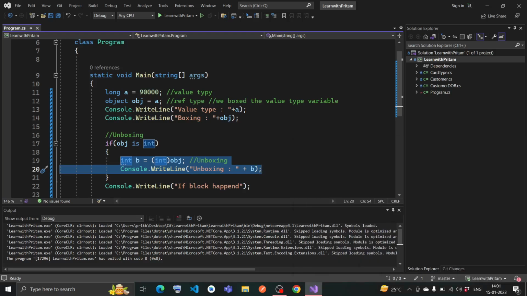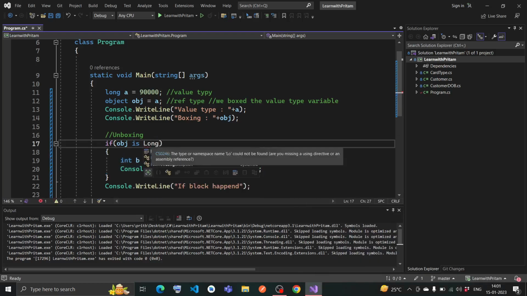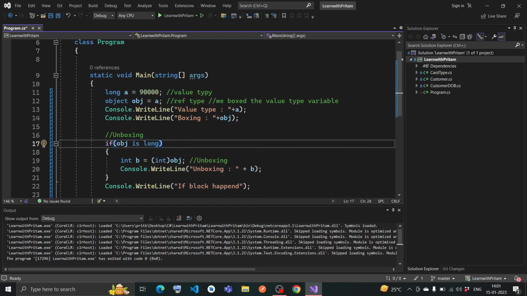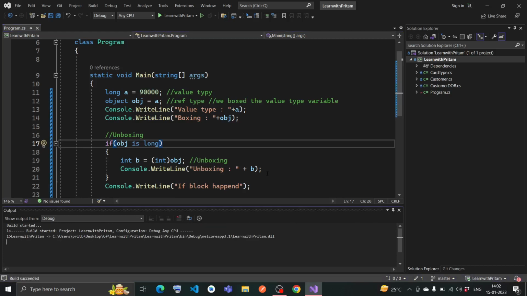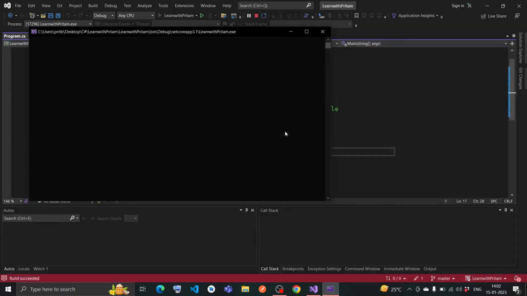So let me put a long here and let's see. Sorry, let me put a long here. Then I have put long here, so this if block will get true and this chunk of code should happen. So let me see if this int b equal int obj will have any value or not. So I have built the code, it succeeded. I'll run the code